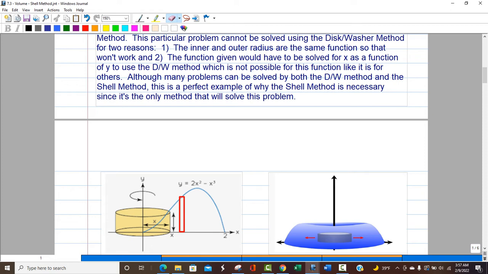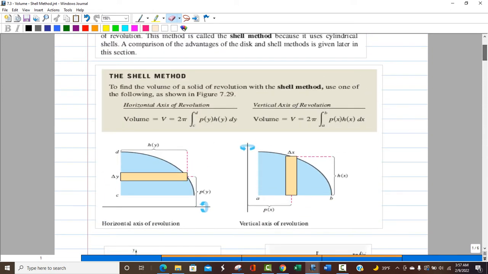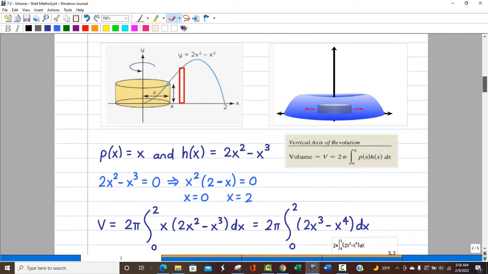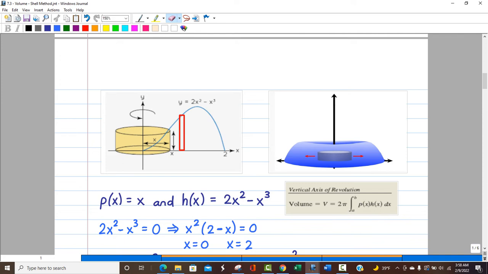So to do that, we have these, go back up, you see you have these right here, those two functions multiplied together. So in this case, your rectangle, which is basically dx, that's the thickness. So your distance out to that rectangle is going to be x. And then, which is p of x here, which, like I mentioned earlier, a lot of books would use r of x there to represent radius, but that's okay. And then h of x being the height to the graph, which is the function itself. Okay. All right, so,